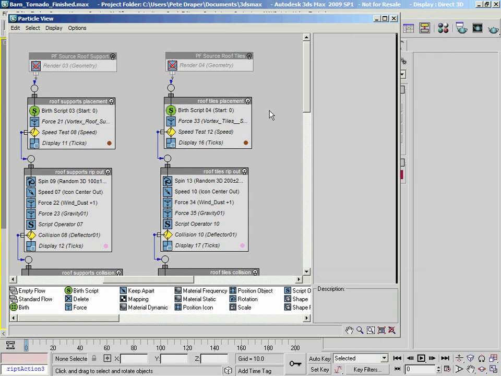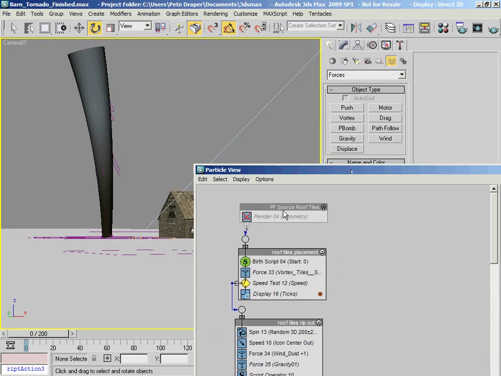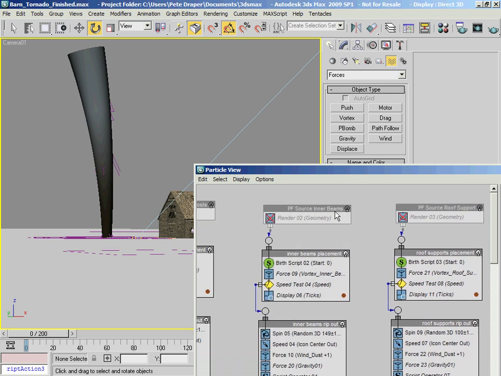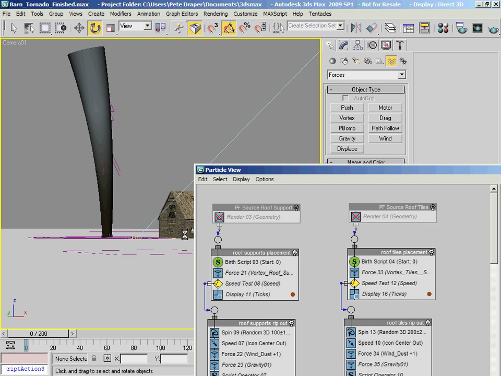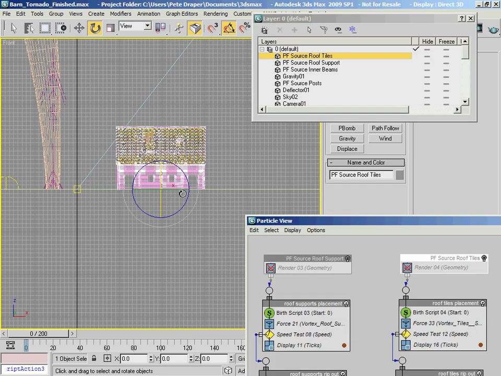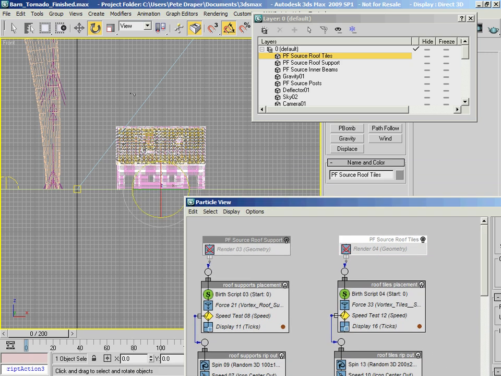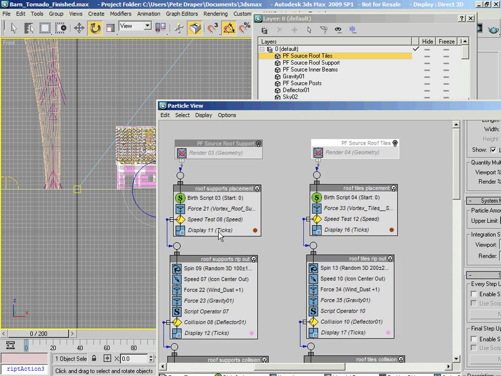Okay, so to do that, we can use the position of one of these PF Source icons that are already located in the scene down here. So we can have the speed working exactly the same way as we had previously. We've got this out force going out from this particle system that's located down here, and they're being forced out with another speed operator. Similar to what we did in this section down here.